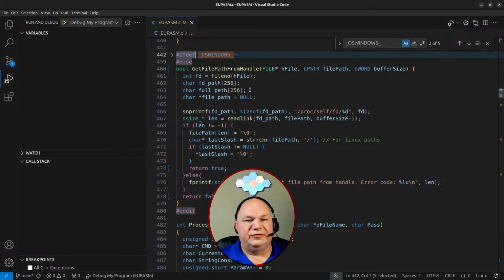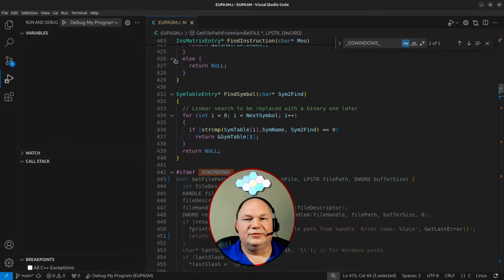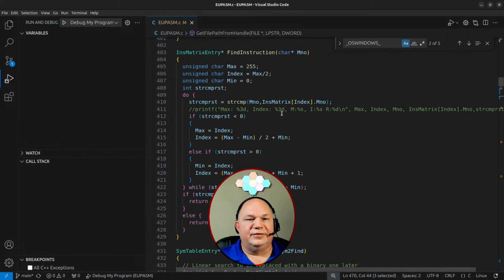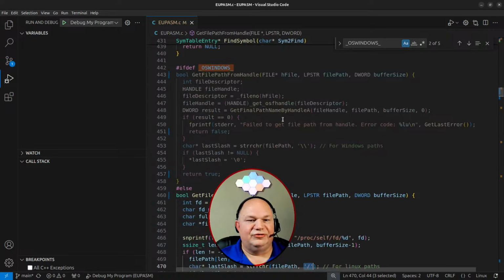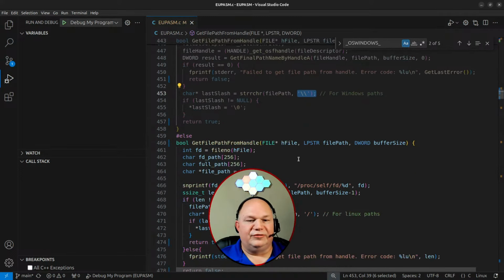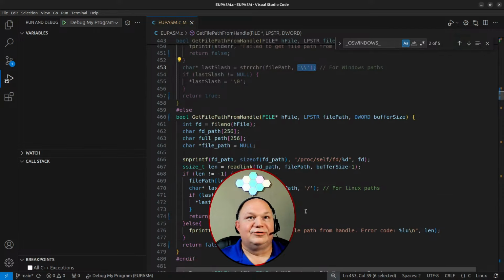And then, like I said, this does the exact same thing the Windows version did, just uses the Linux functions to do it. And of course, because of the slashes, instead of looking for the last backslash in the file, we are looking for the last / in the file and getting rid of that so that our file path,